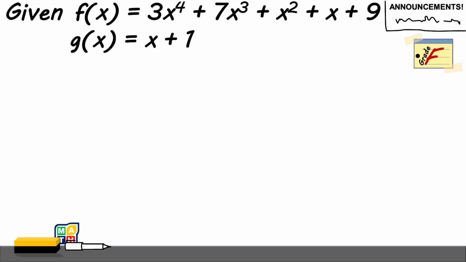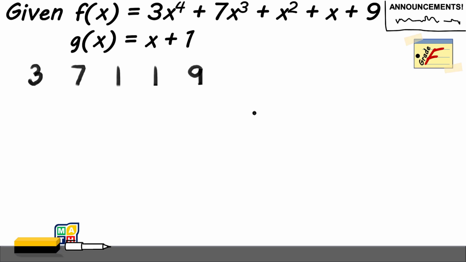This synthetic division allows us to solve for the quotient and the remainder, if there is one, between two functions using the coefficients only. So what we need to do here is, the first condition, take the coefficients of your dividend. That's our f of x. Our numerical coefficients would be 3 for x to the power of 4, we have 7x cubed, 1x squared, 1x, and you have here 9. These are the coefficients of our dividend.